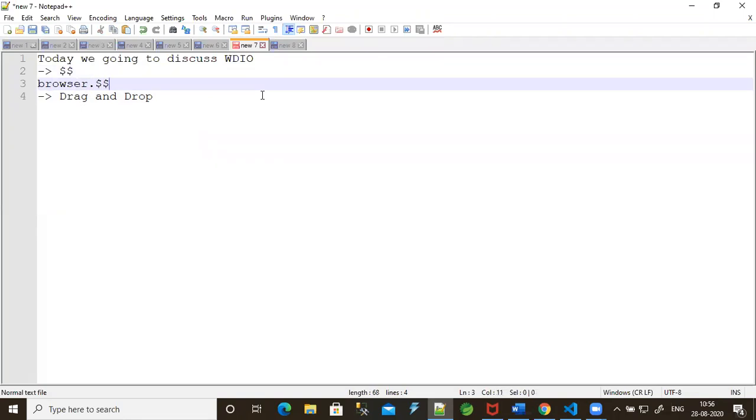Whereas on the Selenium side, we can use it as driver dot find elements by. So we will get a list of elements wrapped by that particular UL, I mean for the particular HTML tag. Now we'll go to the practical example and step into the session.